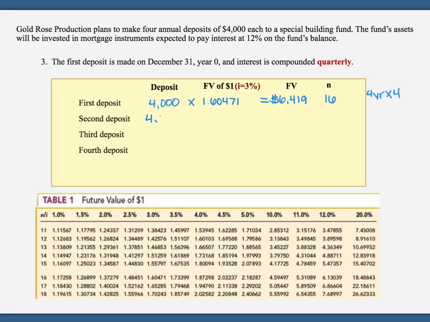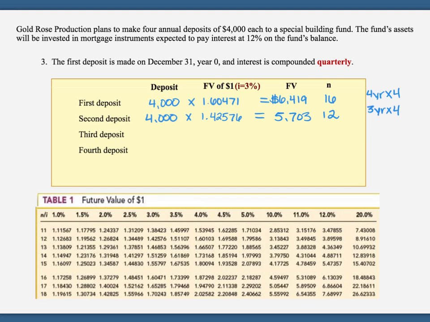We jump to our second deposit. Again, it's $4,000. Come over to our periods. At this point, this deposit is made on January 1 of year 1, so it still has 3 years left to accumulate. So we take 3 years, multiply it by the 4 quarters, we get 12 periods. We look at our table, 12 periods at 3%, 1.42576. When we multiply that, we get